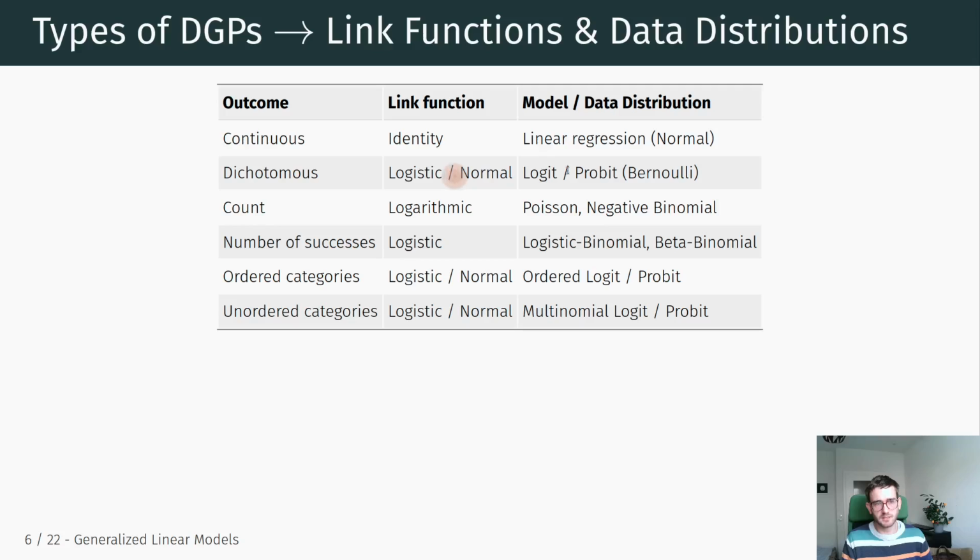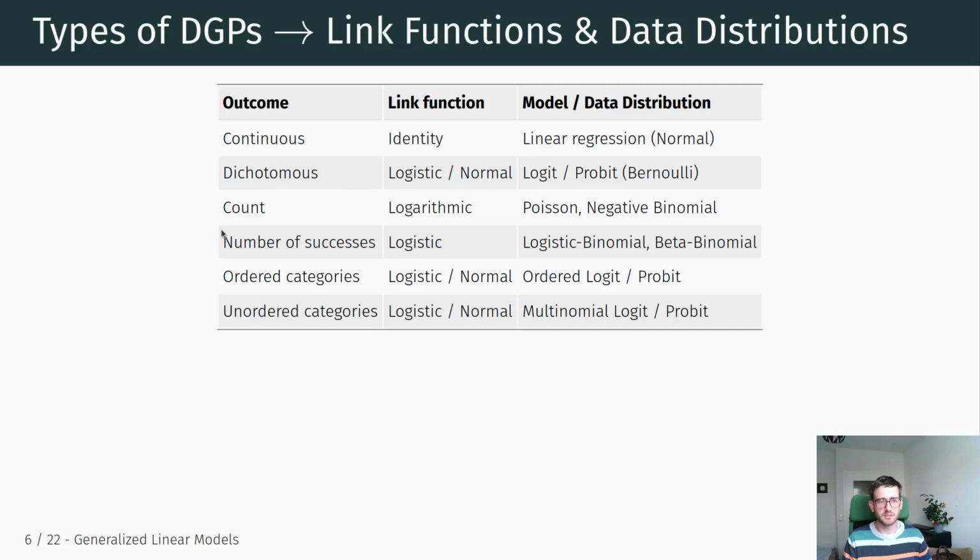And depending on the link function, we end up with a logit or a probit model. Regardless of whether it's a logit or a probit model to compute the predicted probabilities, ultimately the underlying data distribution, since it's a dichotomous outcome, is always just a Bernoulli trial, essentially. Okay. So those are the two types of outcomes that we already talked about, and now we're going to expand